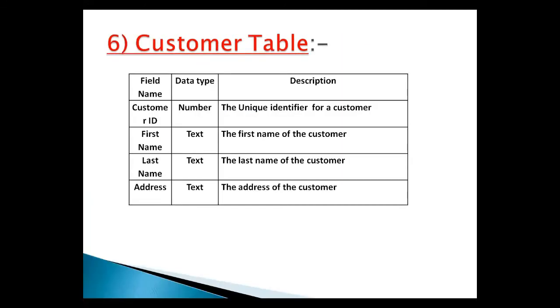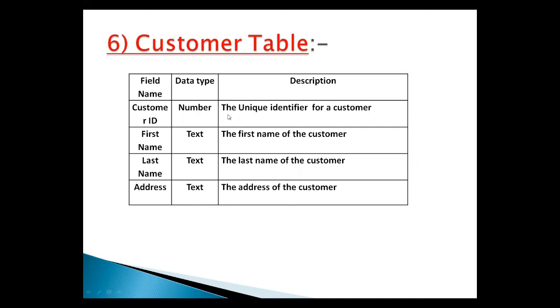Next heading is customer table. Repeat steps 4 and 5 until you have created all of the necessary table fields. An example of the table may be a customer table that has the following entries. For example, field name: customer ID, first name, last name, and address. Data type: number, text, text.